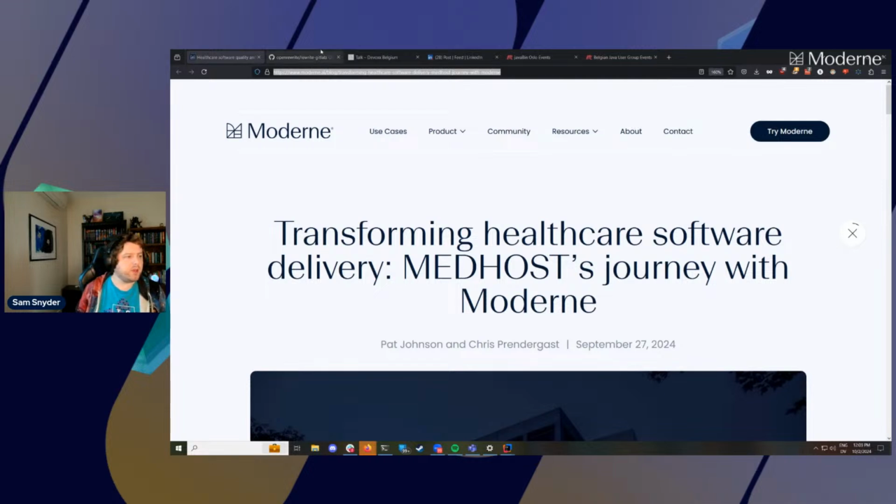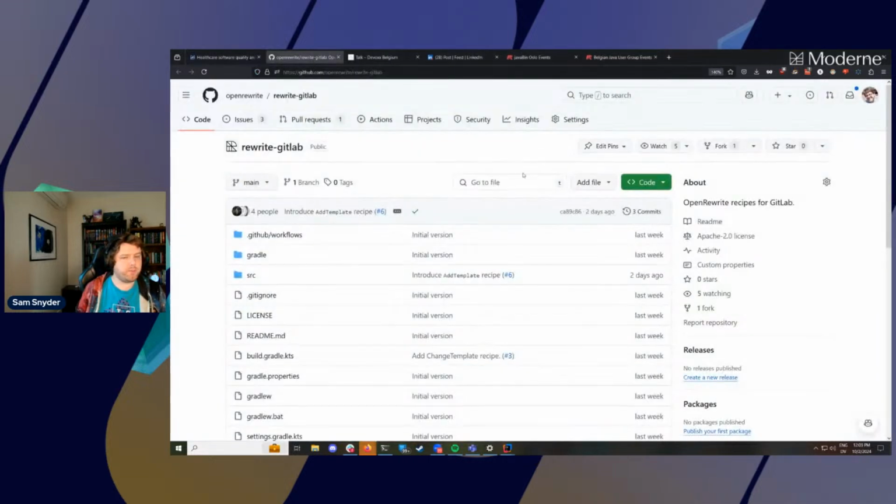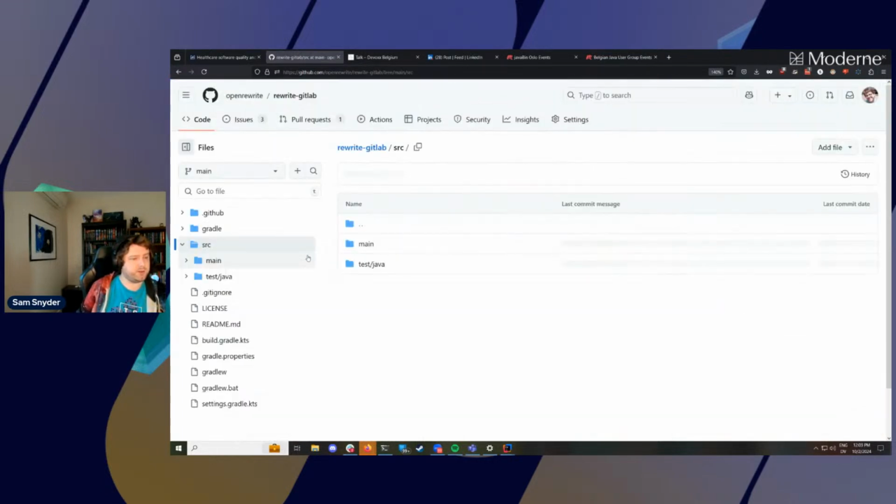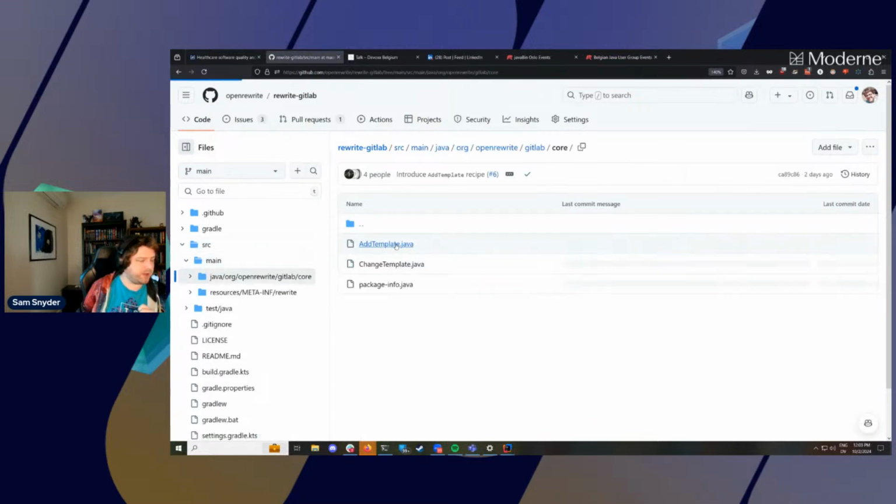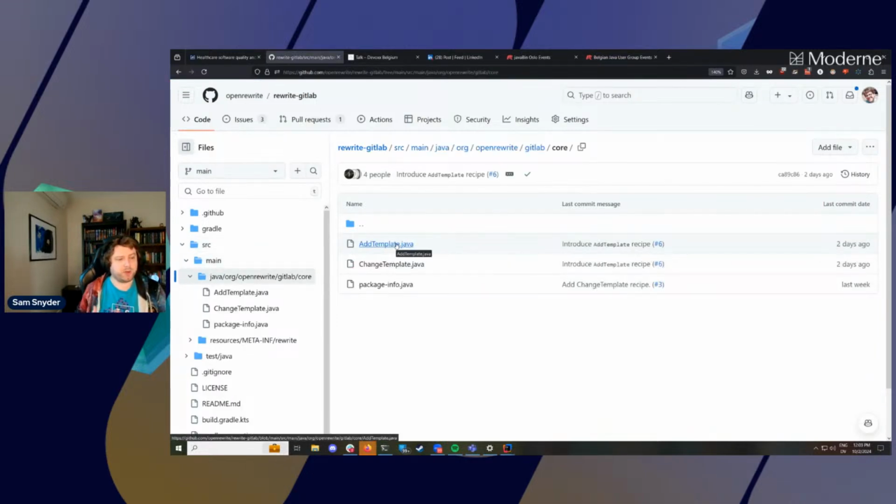description for that. Beyond that, we have a new Rewrite GitLab module, which is now a place to put recipes relevant to the GitLab source control system, and particularly around manipulating GitLab CI and such. It's pretty bare at the moment, but if you are a GitLab user, then we enthusiastically welcome your contributions.